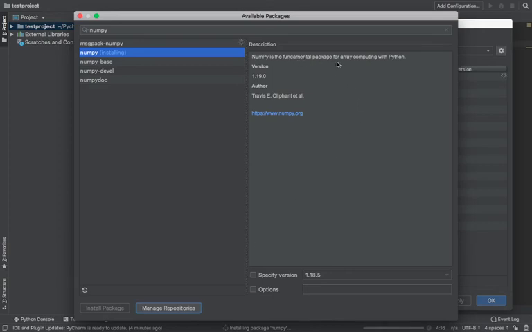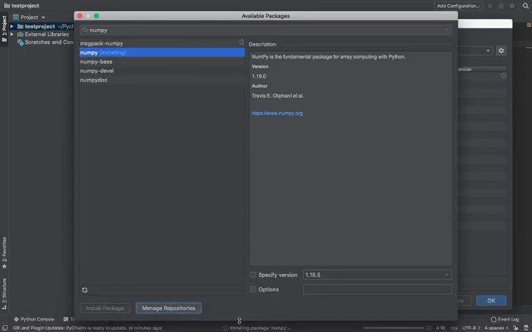NumPy is a fundamental package for array computing with Python. Basically NumPy converts your image into binary, between 0 and 1. And OpenCV is a very powerful library in Python, because when you use OpenCV, it will import all the images, videos, and so on. In the computer vision part, OpenCV is a very important library.